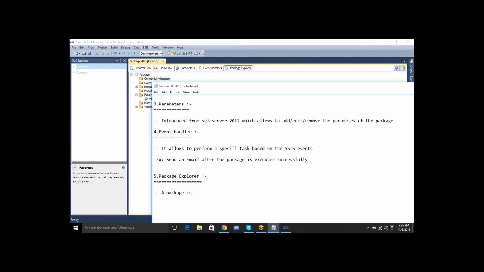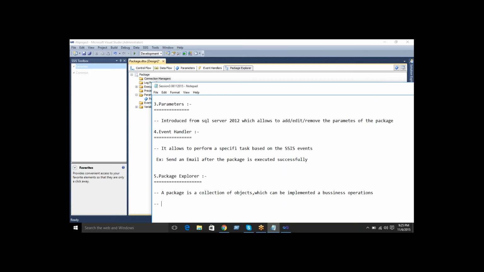A package is a collection of objects which can implement a business operation. We create different types of packages, and these packages are used for business operations.